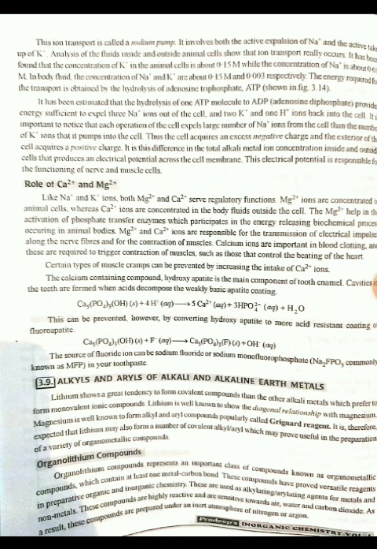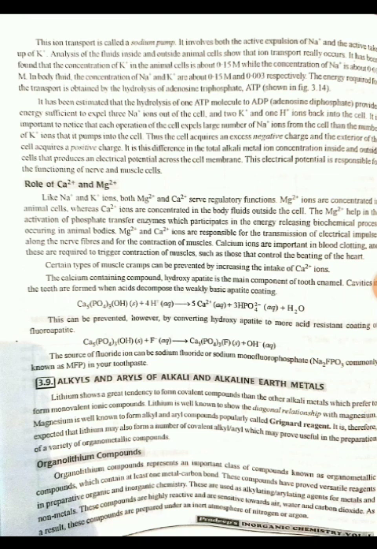Magnesium 2+ ions are concentrated in animal cells, whereas calcium 2+ ions are concentrated in the body fluids outside the cell. The Mg2+ ions help in the activation of phosphate transfer enzymes, which participate in the energy releasing biochemical processes occurring in animal bodies. Mg2+ and Ca2+ ions are responsible for the transmission of electrical impulses along the nerve fibers and for